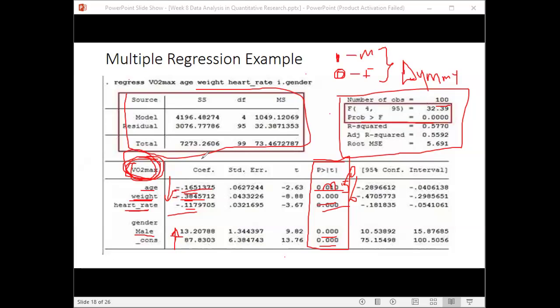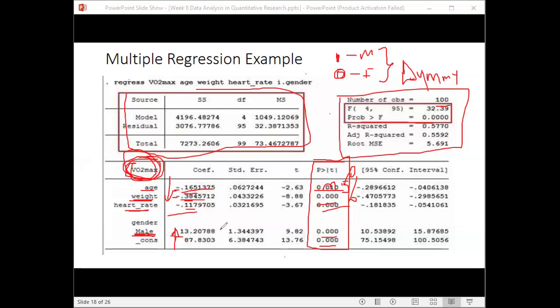The one that has the value of 1 is the presence of the characteristic. So in this analysis, you see male. What it means is that male is the presence characteristic, right? The absent characteristic is female. And so when you are interpreting this, you interpret it in the form of being male. Is it positive or negative? It's positive. It increases the dependent variable by